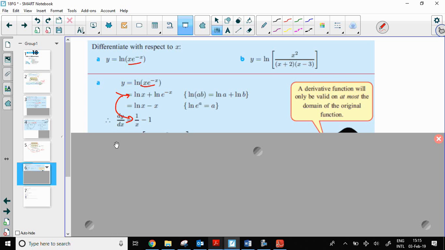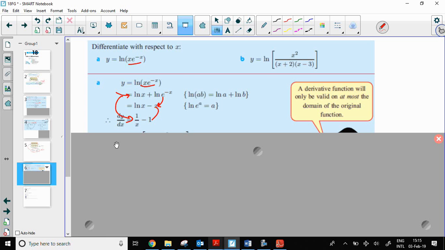And then ln of e to the negative x, you can actually rewrite that as just minus x, and so the derivative of that is going to be minus 1. So that's pretty clever. If you didn't see any of that, then we'd go about this the other way, the long way,